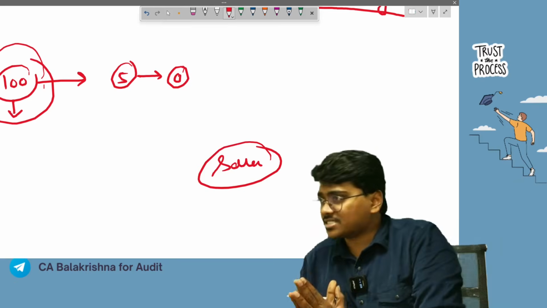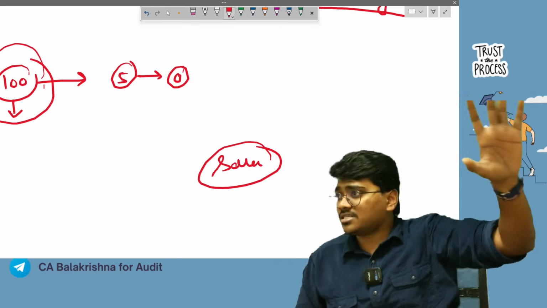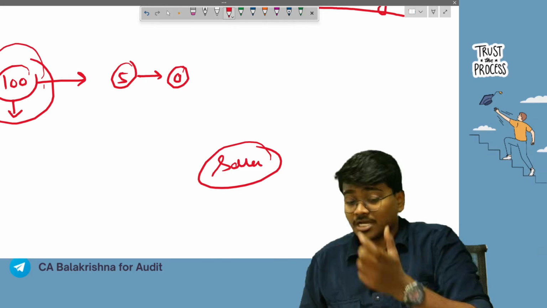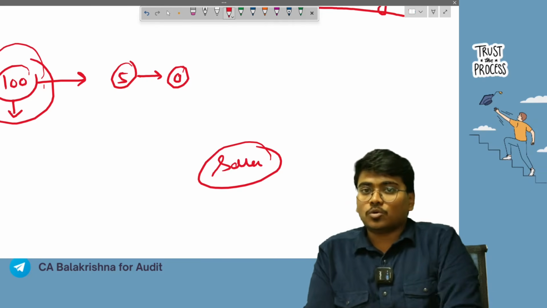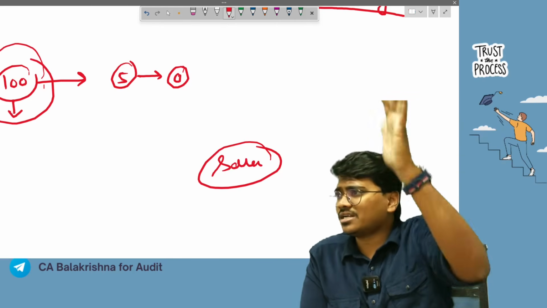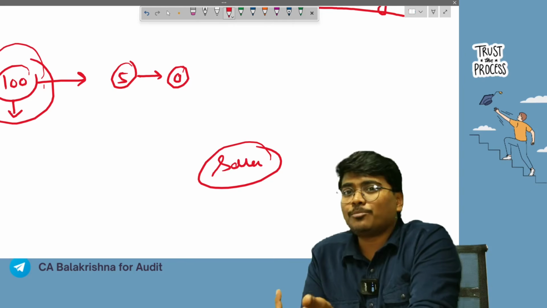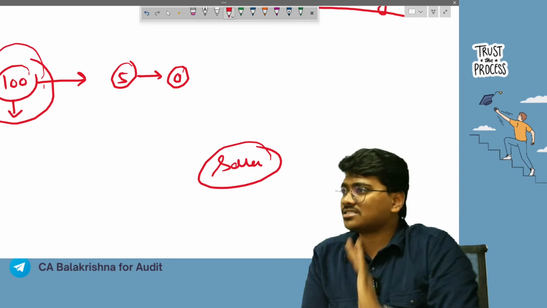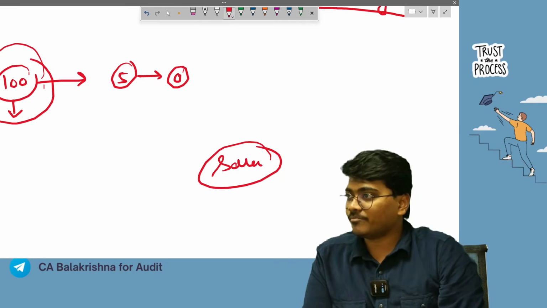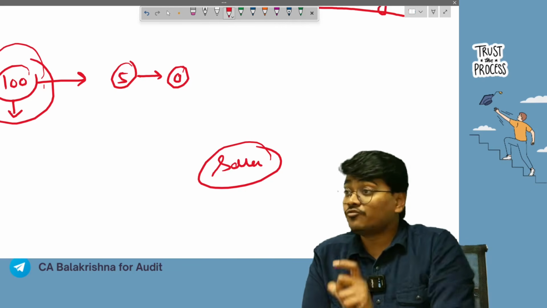With respect to sales transactions, whatever the internal controls are, you have verified them in the last year, and in the last year you found that all the internal controls are working properly. This is about last year's situation. Now, in the current year also, you are assuming, based on last year's verification, that the internal controls will work properly only. So here you are making an inappropriate assumption without verifying. You are concluding, based on the previous year's verification, that internal controls in the current year also will work properly only. So there is a chance of making these inappropriate assumptions if you don't exercise